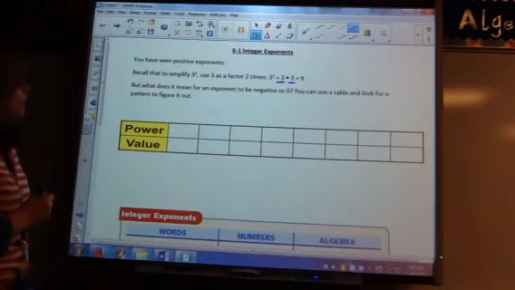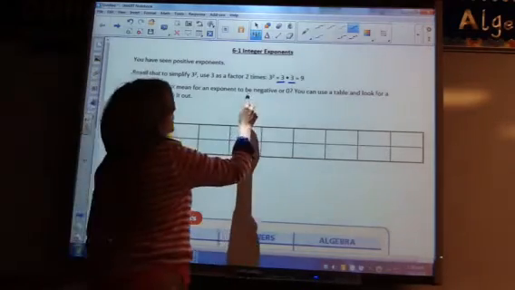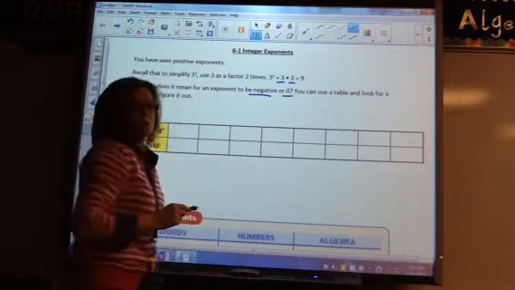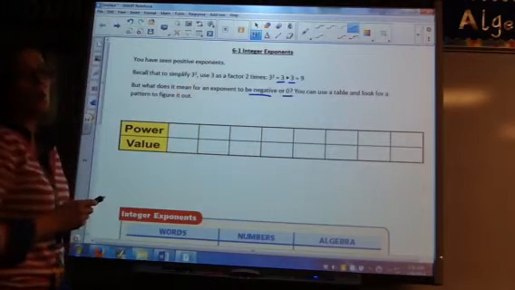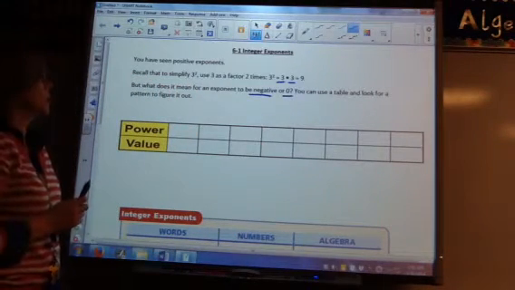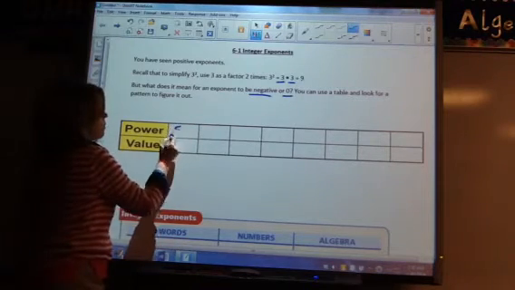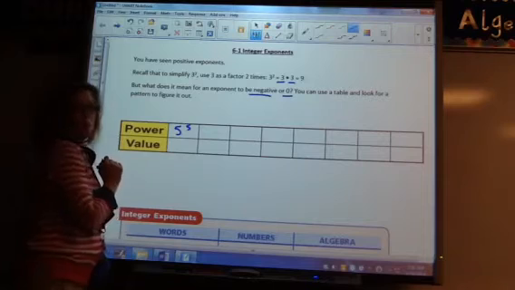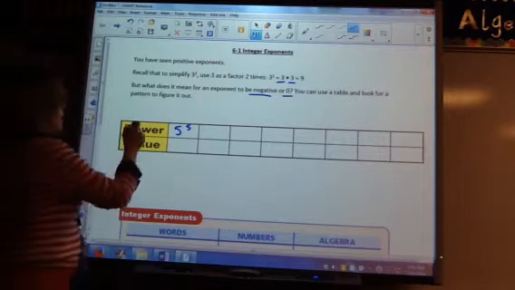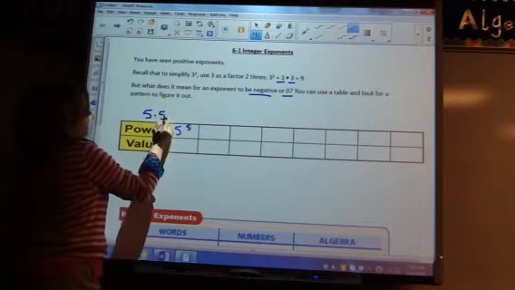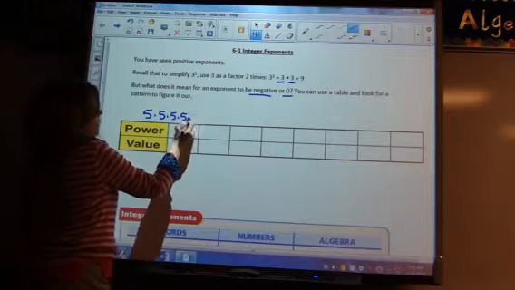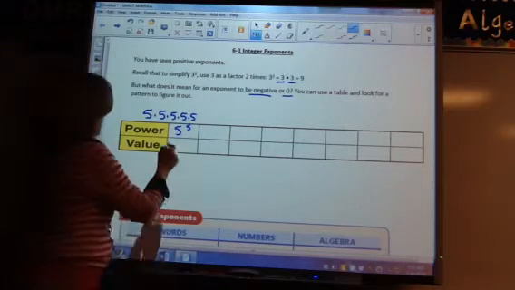Now, what happens when the exponent is negative or 0? Do you understand what we do and why we get the answer when they're negative and 0? So that's what I'm going to show you right here at this table. Let's start out with 5 raised to the power of 5. Well, guys, that's just 5 times 5 times 5 times 5 times 5. And when you do that, you get